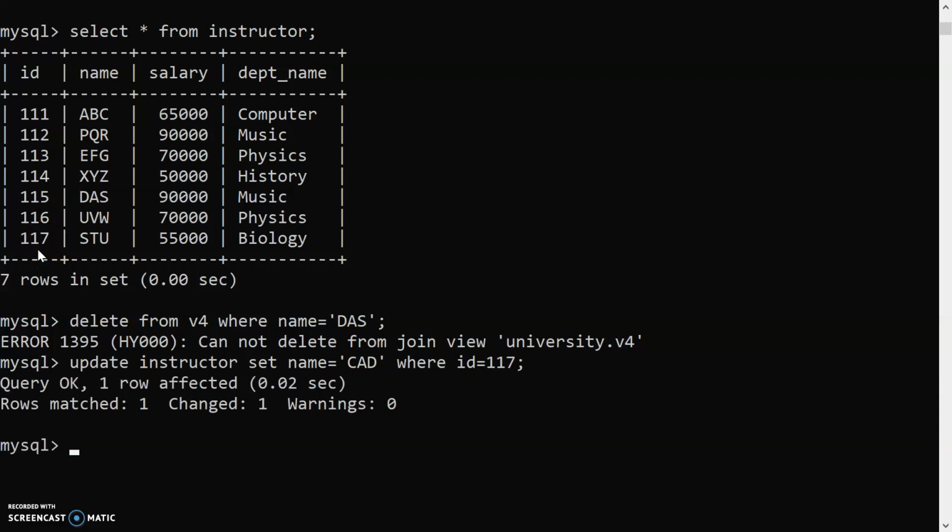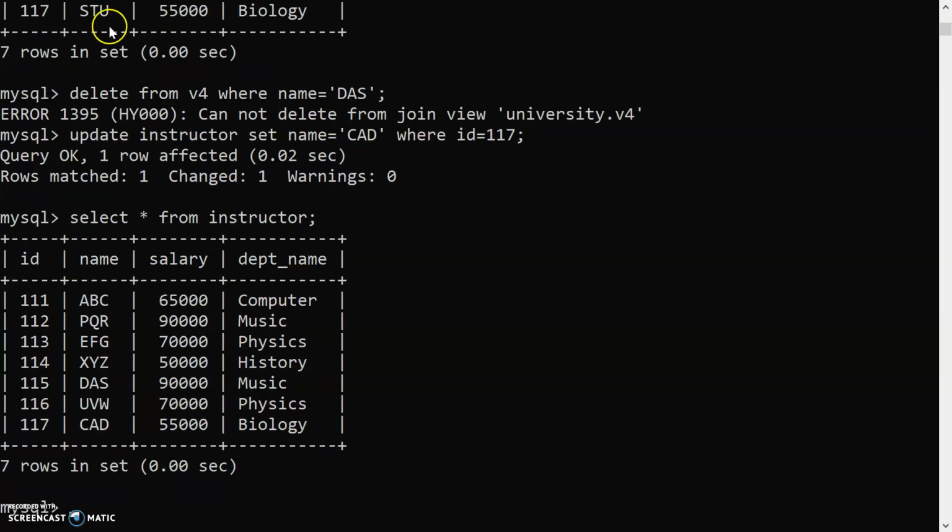One row is affected. If I execute select star from instructor, here you can see 117 is changed. It was STU, now it is CAD.